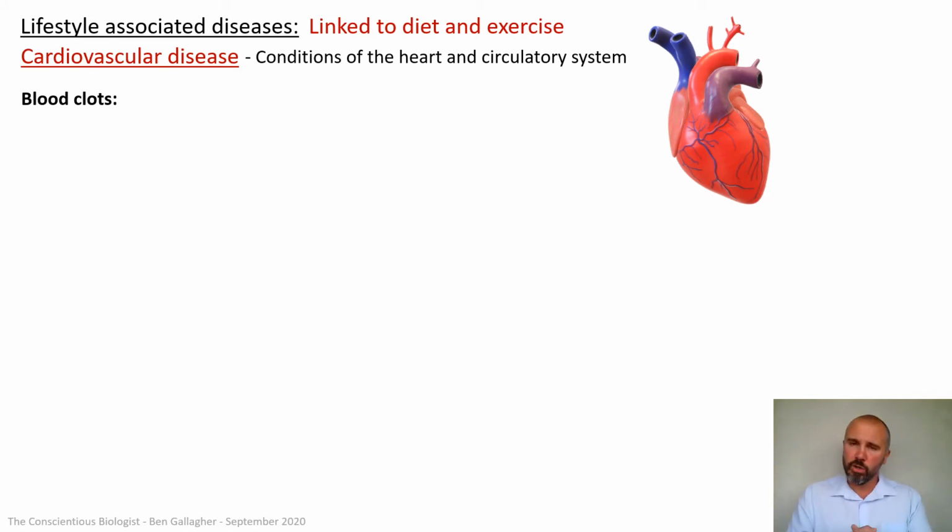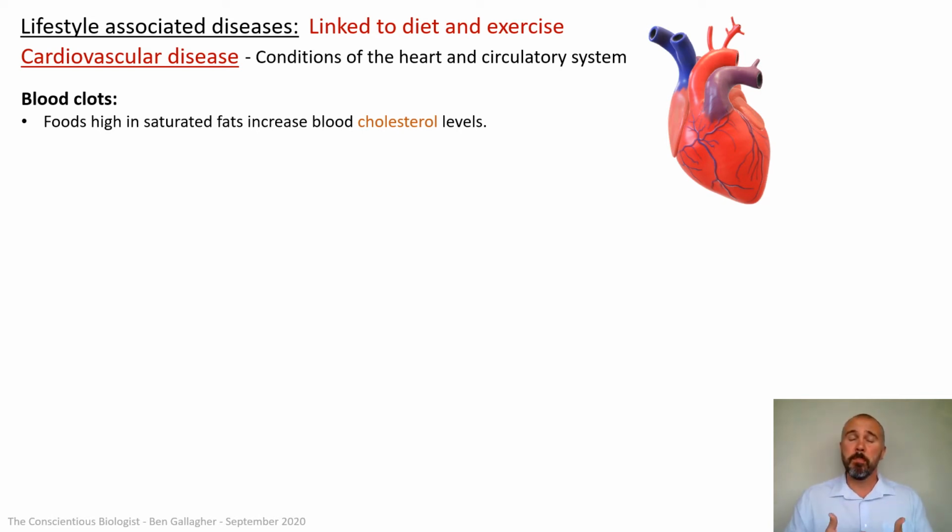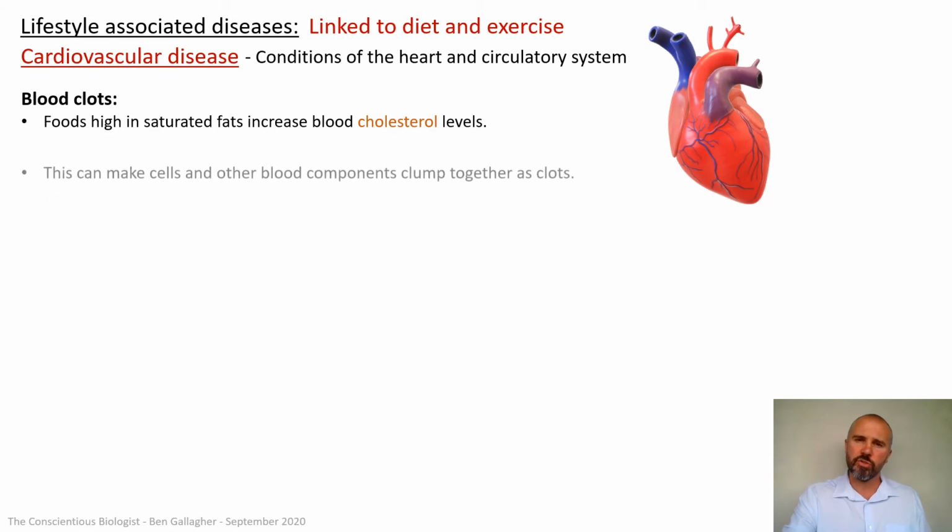I've put these in a very logical order to make it as straightforward as possible, but it's just a case of learning these. So blood clots. A blood clot is if you eat lots of foods that are high in saturated fats, that increases blood cholesterol levels. Now you get saturated fats mainly from meat fats. So from eating bacon, burgers, sausages, junk food, greasy food, all things like that, all things that are really nice that lots of us enjoy, but they will increase blood cholesterol levels.